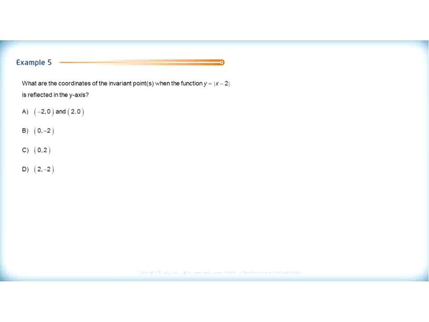Example 5. What are the coordinates of the invariant points when this function is reflected in the y-axis? Now, the first thing we need to be able to do is do a sketch of this function. This is an absolute value graph. It's an absolute value graph with its vertex at (2, 0). You think about the original function, y was the absolute value of x. It's been moved 2 units to the right. So if I do a sketch of this graph,